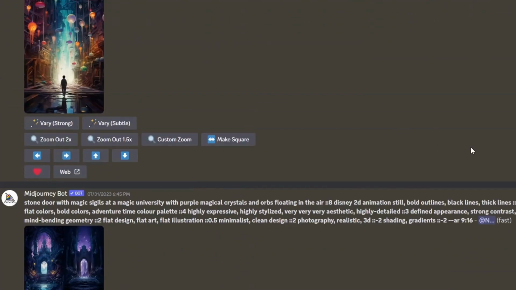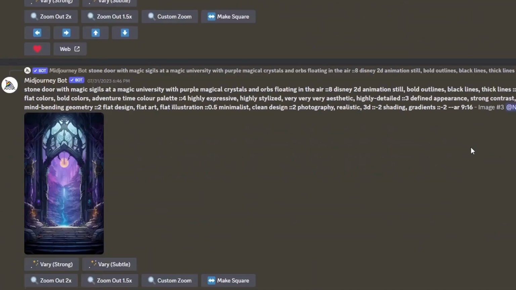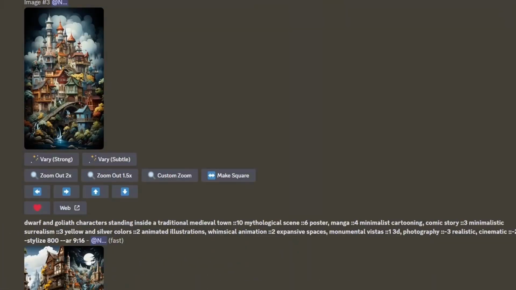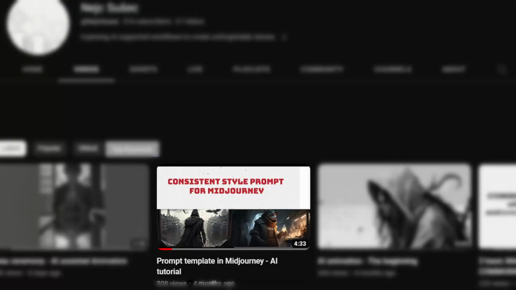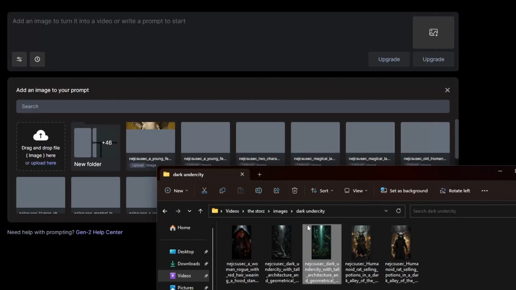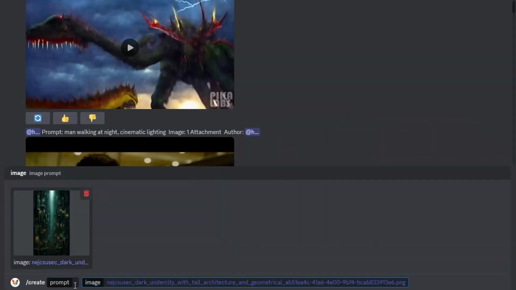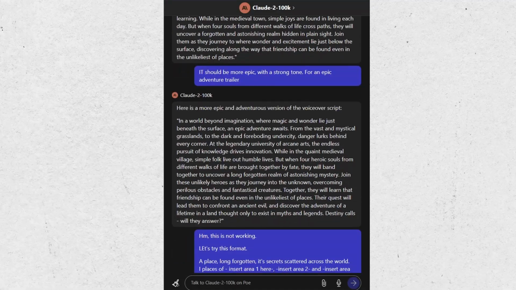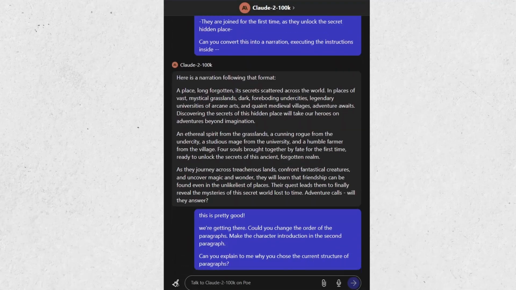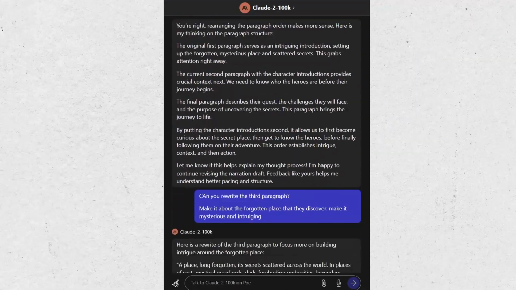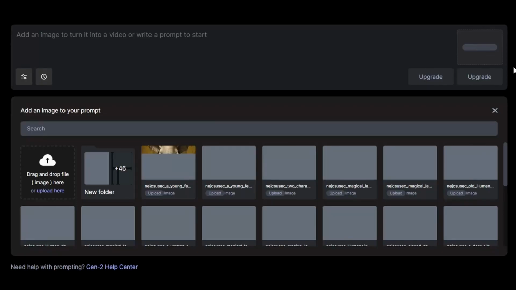In the meantime, I go into Midjourney and start making the shots I want. I have several style templates set up for different areas. I have a video for this if you want to learn how to do it. When I have a shot I like, I run it through Runway ML or Pika Labs. I experiment with both to get different shots. I go back to check how narration looks like and give some further guidance to improve it. Back to the images, to the videos, and on and on.